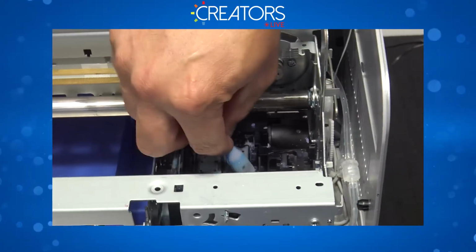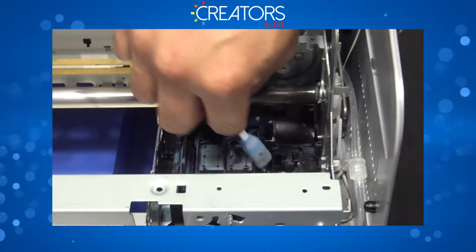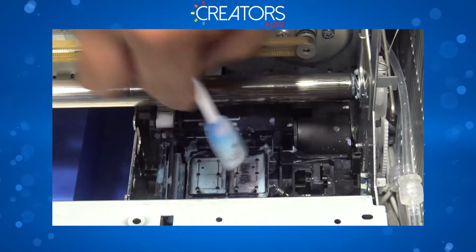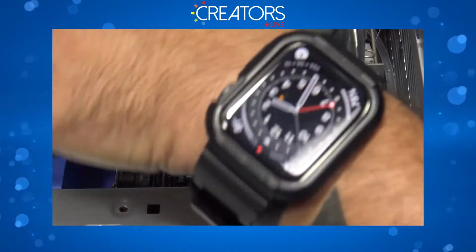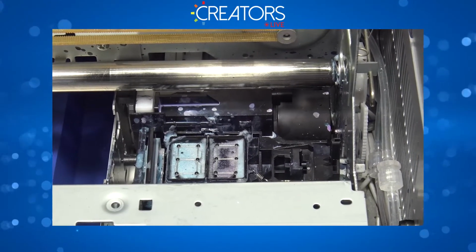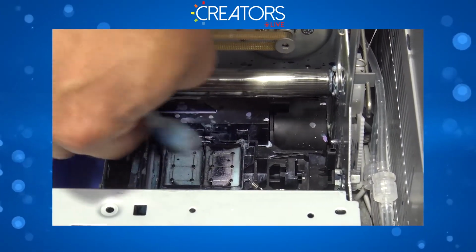But by the way, when you're cleaning this side, be extremely careful, because as you can see, there's a tiny spring right here. If you bring the swab too low and catch on that spring and pull it, and it comes off, and then you end up losing this spring, then this capping station is not going to be properly leveled, which means it's going to be tilted, and you're not going to be able to get a nice wet cap, and you're not going to be able to prime the lines, leading you onto a damaged pump, leading you onto a clogged print head. And we do not want to